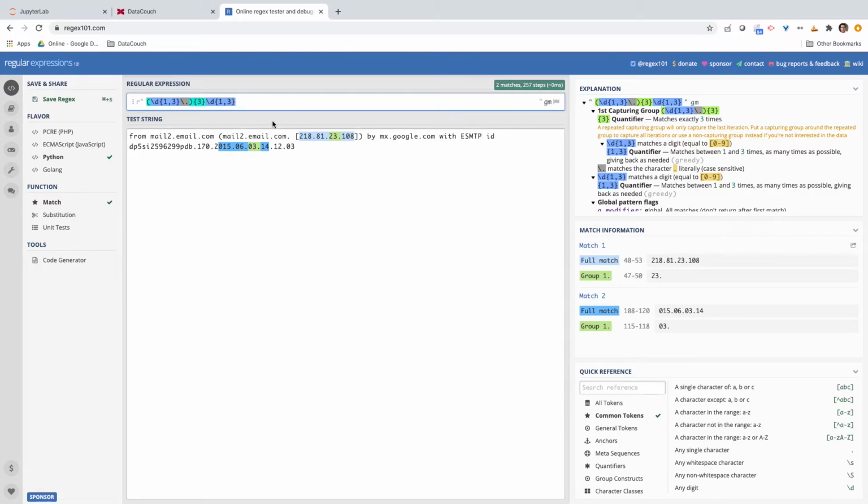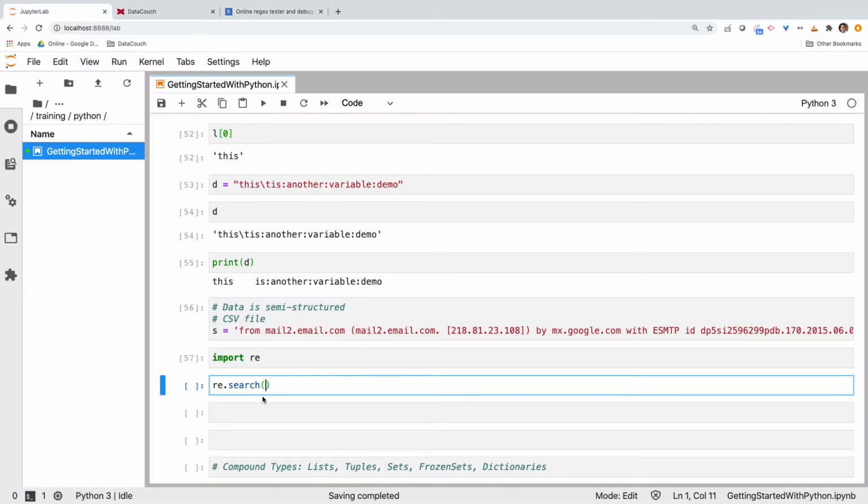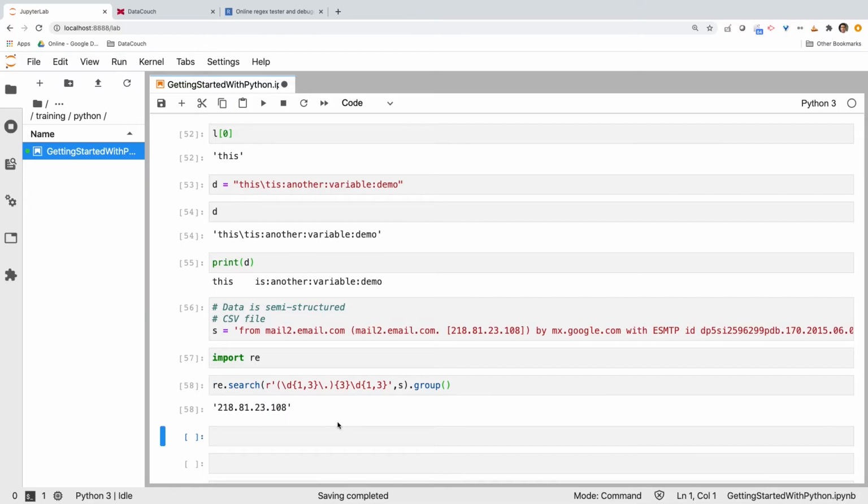I can also make use of other techniques, but let's pick this one and start using it in my Jupyter notebook. I will put it inside this, and I will put r in front of it, and r means raw string, and I'm just doing (s).group. When I do that, you can see it is able to extract the IP address from this string using this regular expression.